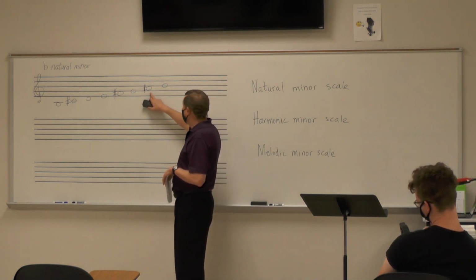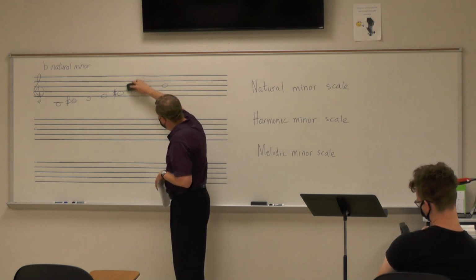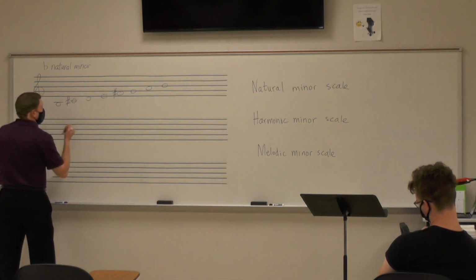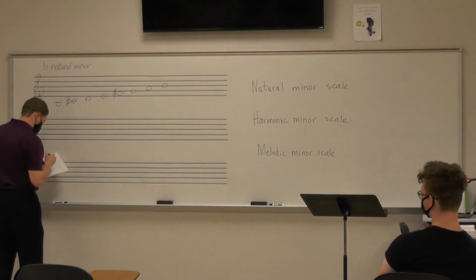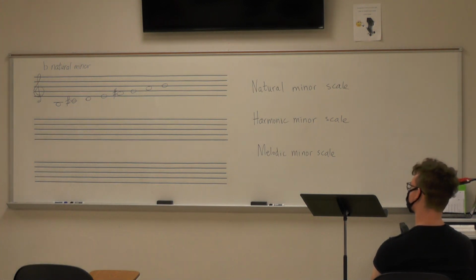And the same thing with scale degree 7. It is A sharp, so I lower it a half step, and now it becomes A natural. And apparently, because I've done the procedure and steps correctly, that is a correctly spelled B natural minor scale. And if I were to play it,